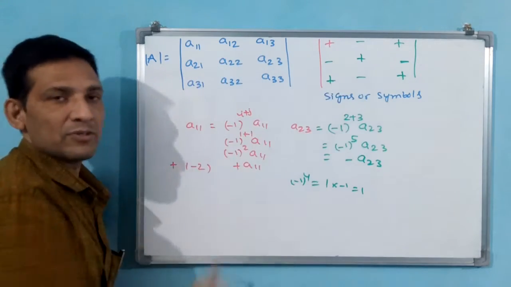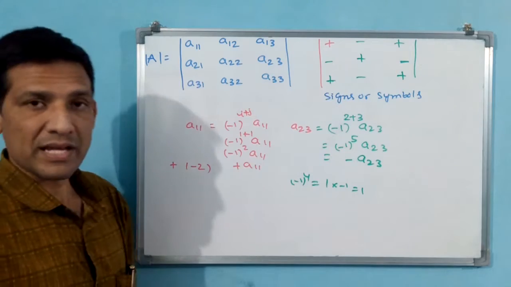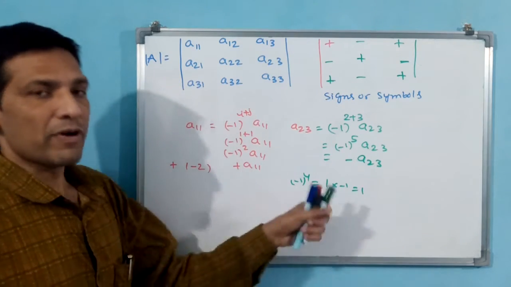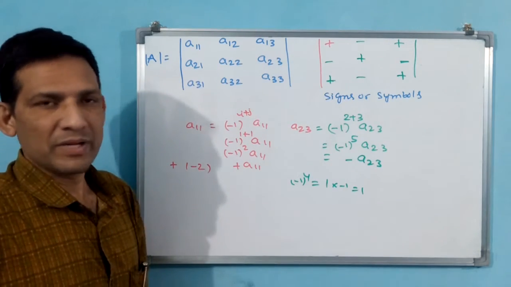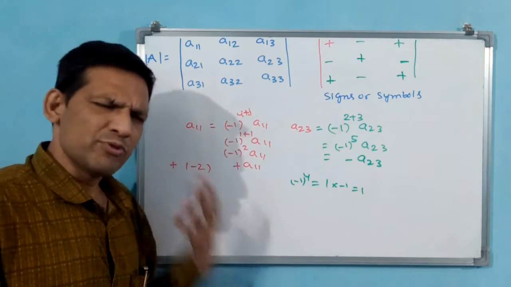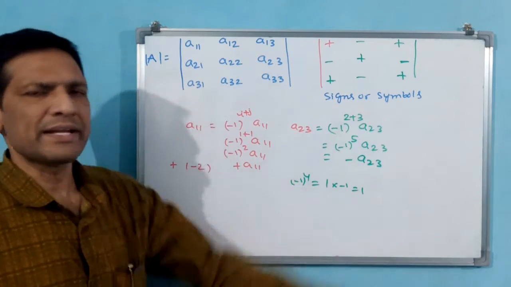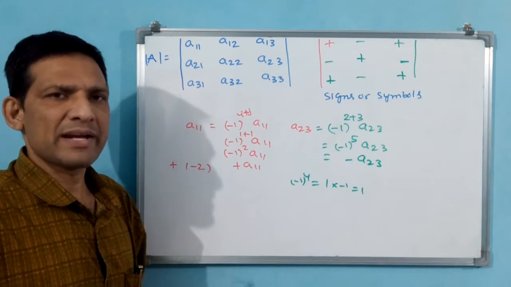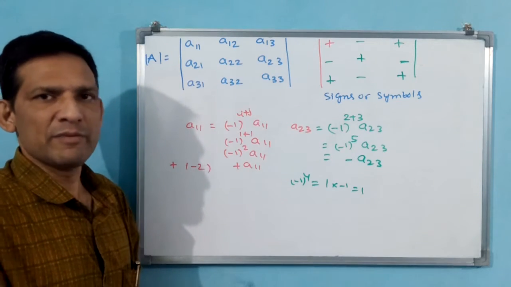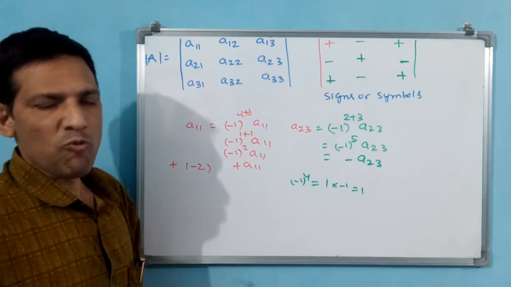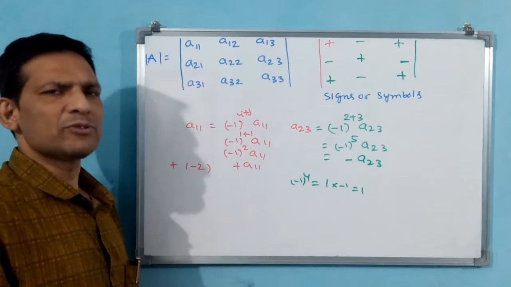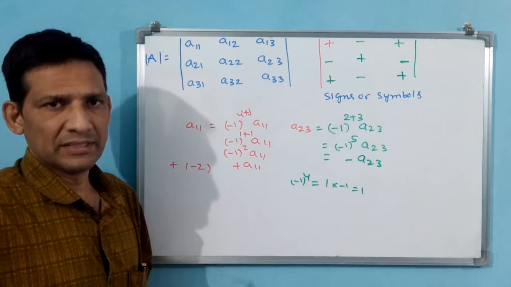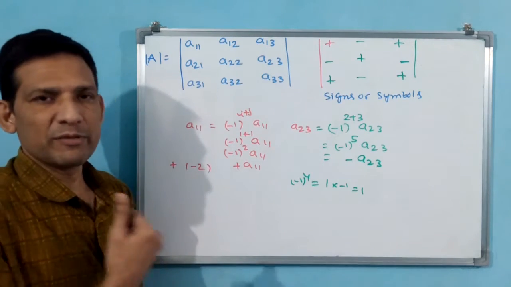That's all. Like that you have to take. Why? Because this symbol or sign is very important for doing this determinant. We have seen one by one there is nothing to do; simply you are writing the same matrix, one by one matrix as determinant, inside the element is the determinant. For 2 by 2 you are doing AD minus BC. That is also not complex, that is very simple. AD minus BC determinant you are doing.